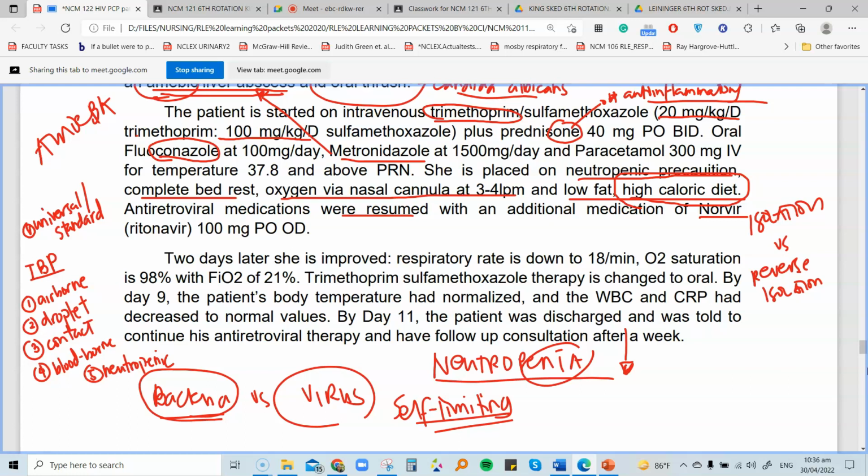Okay? So you need to have these 3 medications for this patient because you need to catch up with the lost time and lost effectivity of these medications for the 6 months that he has stopped taking the medicines. Hence, you have an additional Nervir. So, tatlo na po to potentiate and maximize the effect at such a short time, considering the fact that that patient is also suffering from tatlong infection. Did you get it? Okay? So, that's why we have these additional antiretroviral medications.